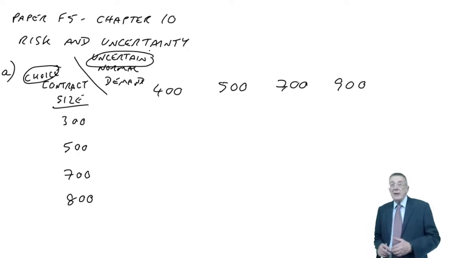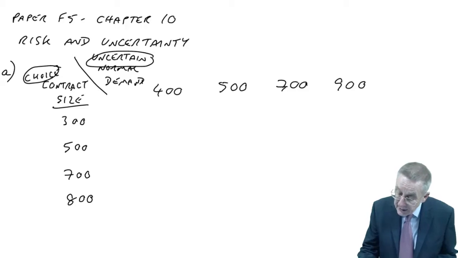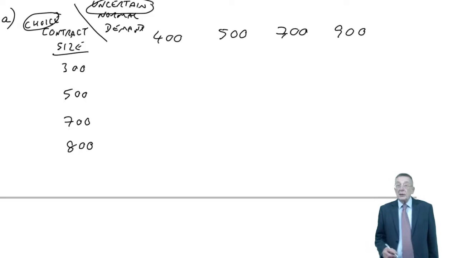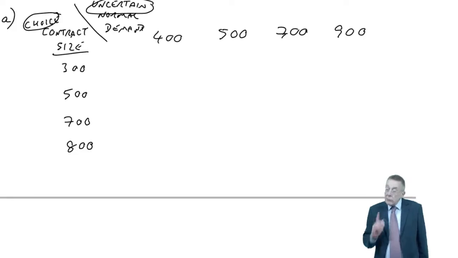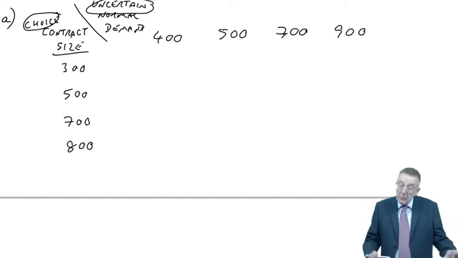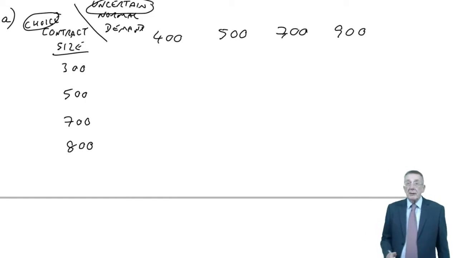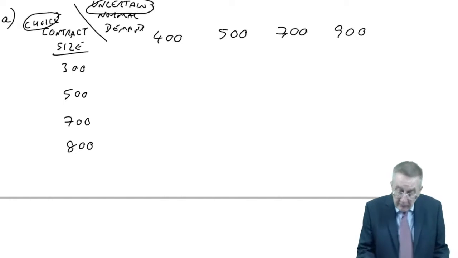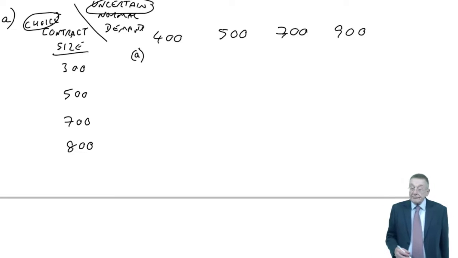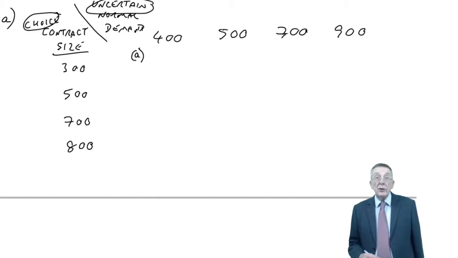Now you'll see in a minute, this actually gets very repetitive. So once you've got going, it should be very quick. To talk through all 16 at length, I'll be here all night. I'll do 3, talking through them properly. I really do suggest that you then pause the lecture and see if you can do the rest yourself, and then unpause. Then I'll quickly put in the remaining figures. First of all, I'll do this one, A. Suppose the contract we signed for 300 and normal customers want 400.